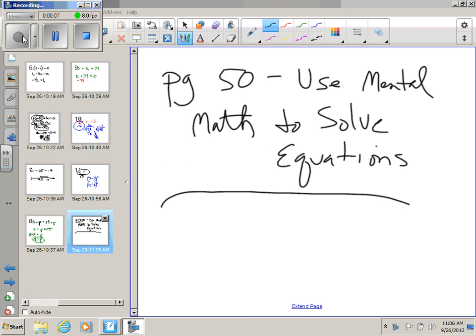Page 50, use mental math to solve equations. Let's set the stage for what we're going to be talking about today. What is mental math, first of all? What do you think of when you think of mental math? Basically, math that you can do in your head. Okay? There's something I like to refer to as